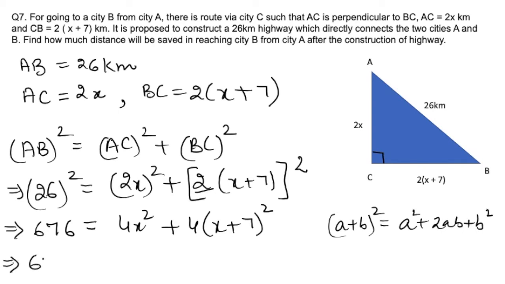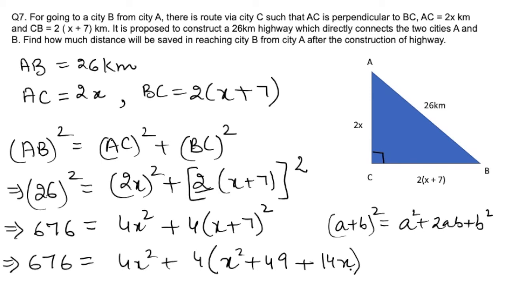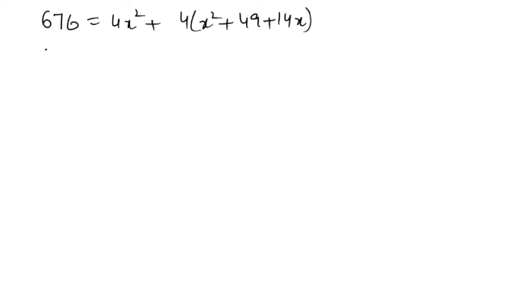So 676 can be written as 4x square plus 4. Let's apply the identity. A square plus b square means 49 in this case, plus 2ab means 14x, 2 into 7 into x. So let's move on. In the next step we can write this as 676 is equal to 4x square. Now I am writing the step again so that we follow that in continuation. We can write 676 is equal to 4x square. When you open this bracket, 4 को हम हर एक टर्म से मल्टीप्लाई करेंगे. So we can write this as 4x square plus 196